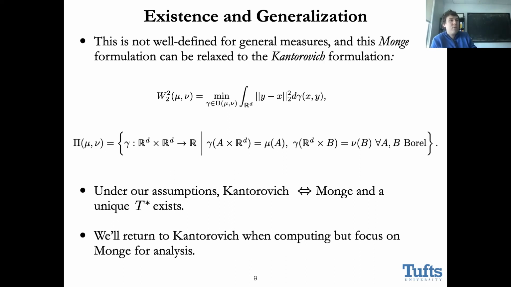So what's the point here? The point is that when we're doing computations a little bit later, we'll be working with this kind of Kantorovich formulation, but in our case, it's really quite the same as the Monge problem. So from the mathematical standpoint, we're going to care a lot about the actual transport map T star. We're going to do a lot with this, but then computationally, we're going to work with this relaxed problem where one doesn't obviously have a transport map T. One has this kind of diffuse coupling gamma.